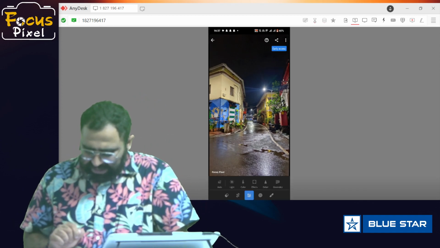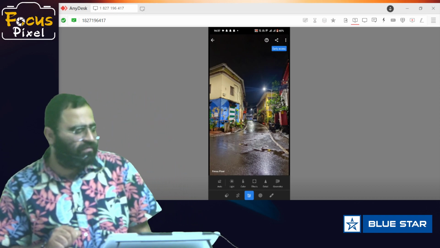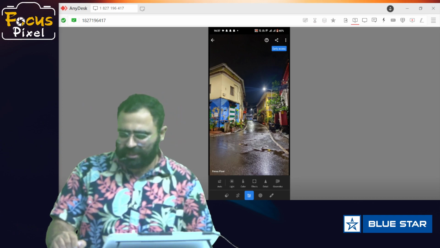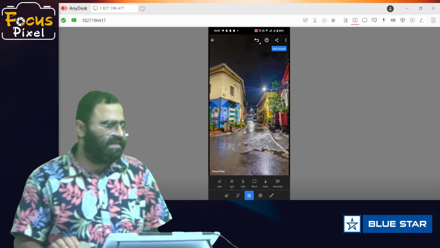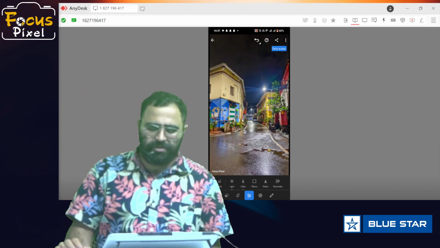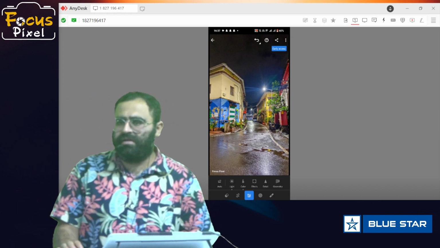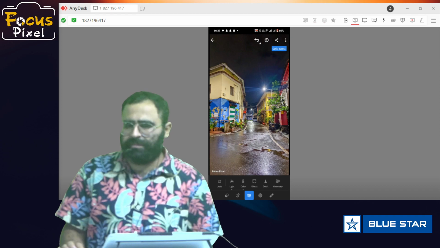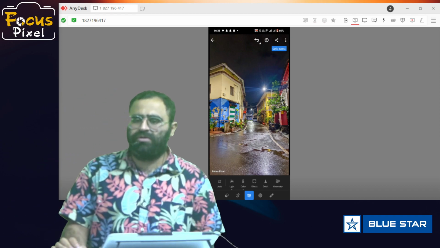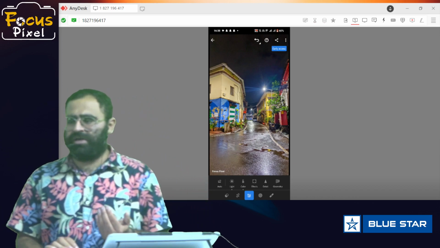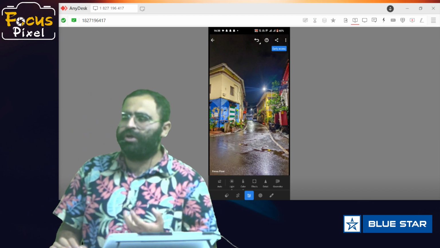Then you go into the edits. In the edit option, one of the quickest and easiest ways is कि आपको auto का option मिलता है. When you click auto, it will automatically adjust the brightness and everything. But it is not so much appealing कि बहुत बार बहुत सारे details जो है वो miss हो जाते हैं, because every image has its own properties. And it has to be according to you.